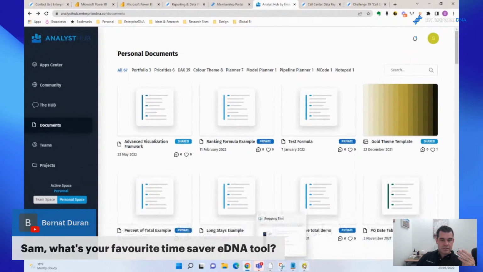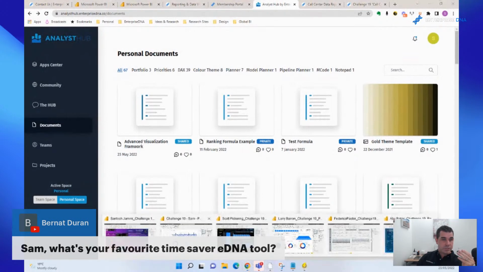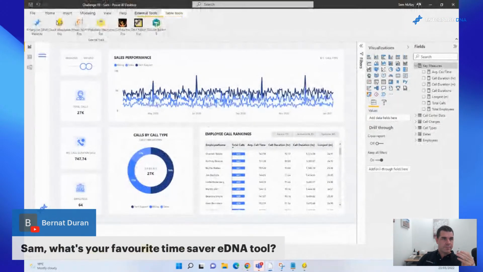We've tried to introduce these as external tools as well. So that's what we're doing up here. And so this is called Enterprise DNA Power Tools. We've partnered with Greg Deckler, a Microsoft MVP, to create a lot of these. Maybe someone is going to go into these more than I have today. But again, this is all about automation.